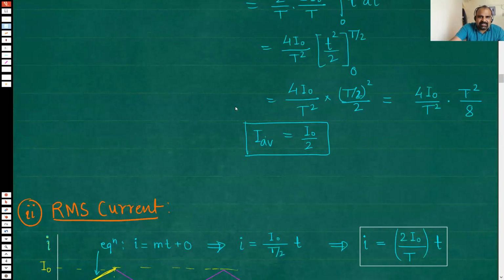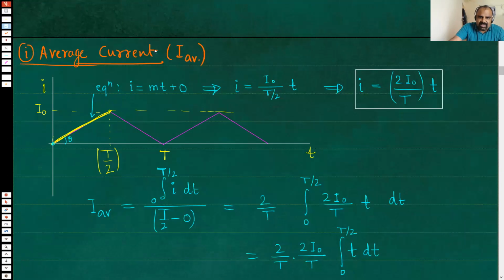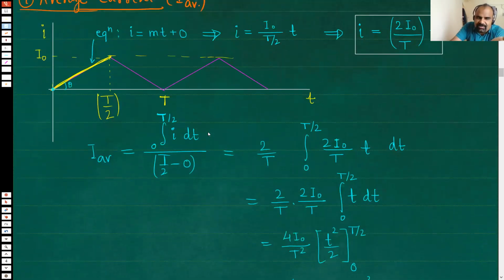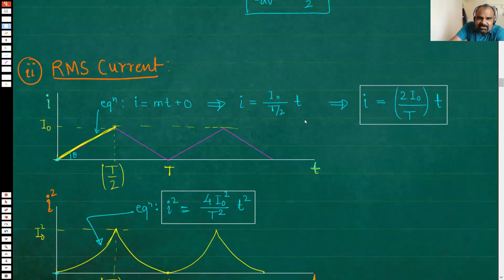So the average part, the average current, there was no need of doing all these steps because you could have guessed it already. In fact, you already did it. But why did I do it this way? Because I wanted to show you that if you do it in a proper mathematical way, then finding RMS will be easy.